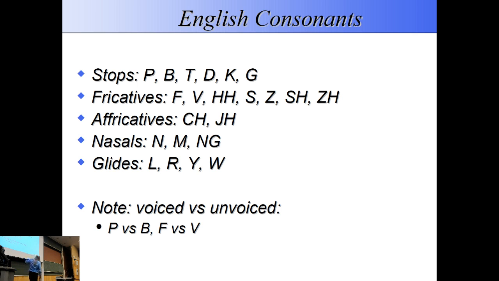Let's move on to fricatives. Fricatives are things that have got an f sound in them. Fricatives means it's got lots of white noise in it, so f and s are examples of fricatives. So again, we have the voiced and unvoiced ones. We have the f and we have the v. We're both doing it through the teeth and the lower lip, and that's a distinction where we voice or not voice. We then have th. We don't actually have a voiced version in English, but a number of other languages do. We have s and z. We have sh and zh.